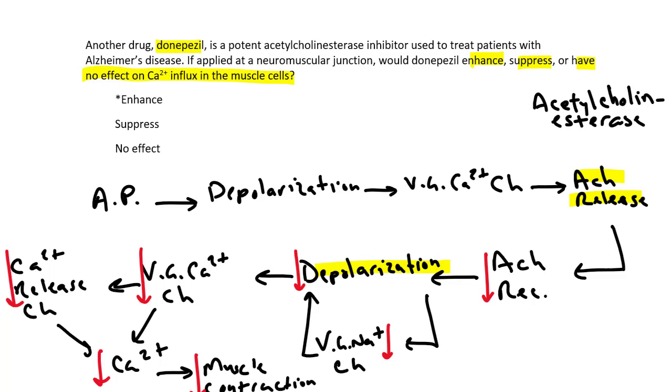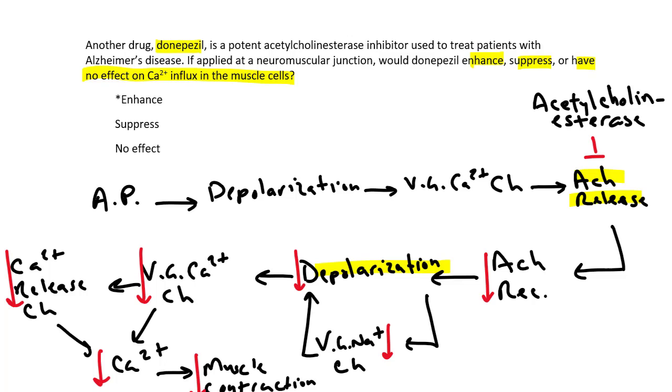So with these type of questions, you just have to see where the drug is affecting the system, because the system is moving in a very linear fashion. And you just kind of go, okay, well, it's affecting here. Everything downstream is going to be affected, whether that's a positive effect or a negative effect. And you just go along and you put those arrows. If it's an activation, it's going to increase the downstream effects. If it's an inhibition, it's going to inhibit the downstream effects, but it's going to leave the